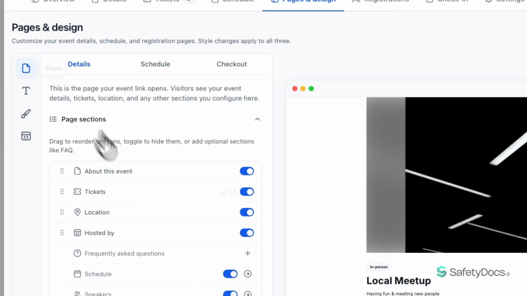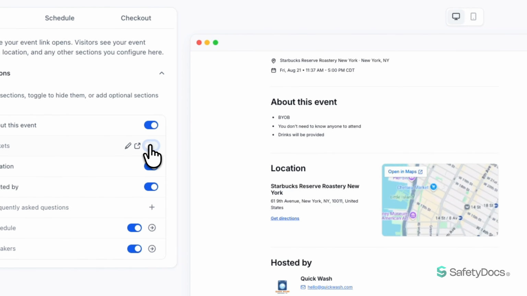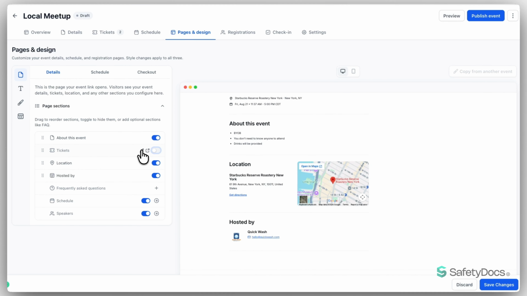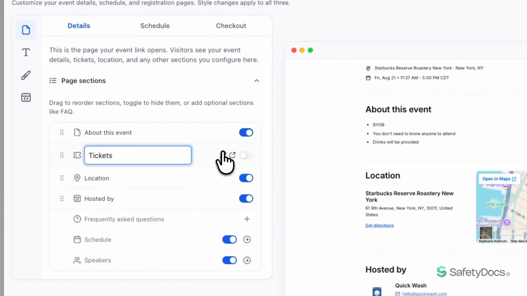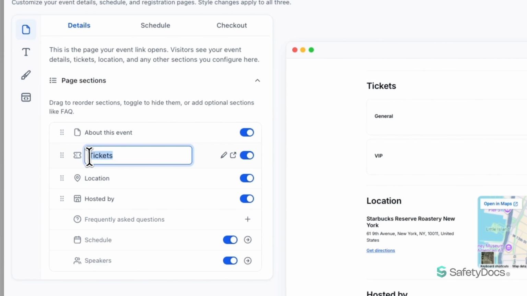Underneath the Pages section, you can choose which parts are visible. If we turn off the Ticket section, the users will no longer see the ticket section. We can always jump to the Edit page and rename the tickets if we want to. Clicking on this section and turning it back on, if you want to have a renamed ticket section, you can